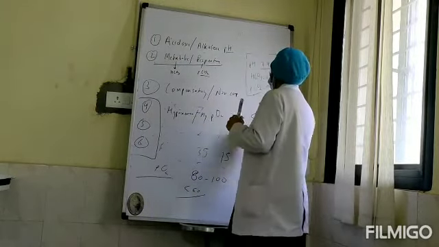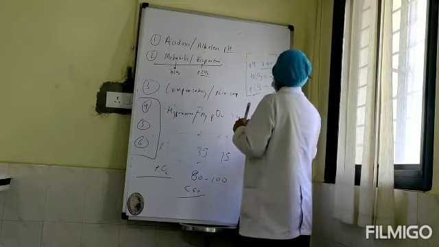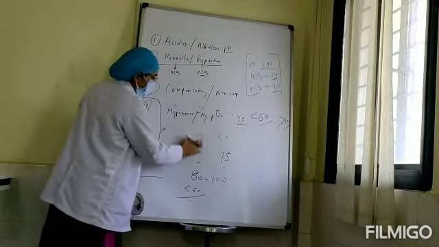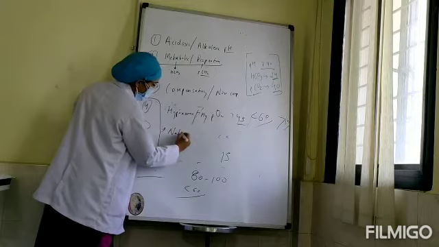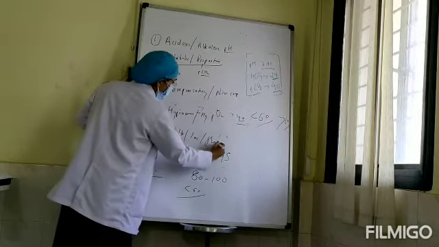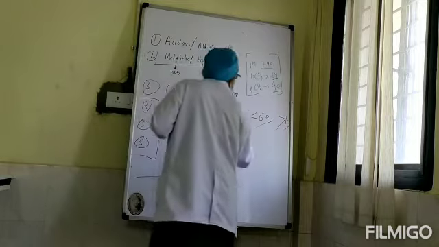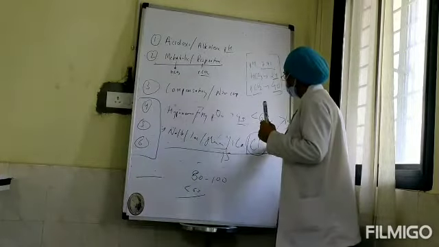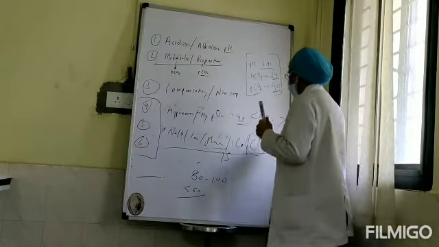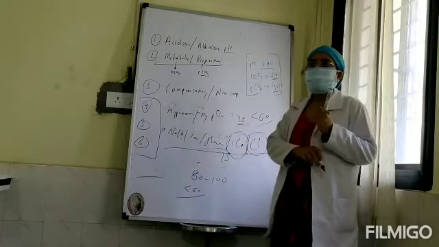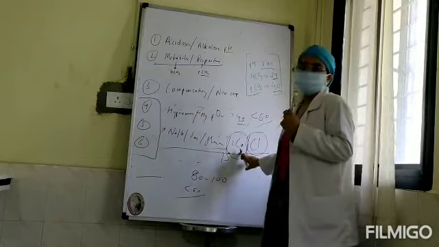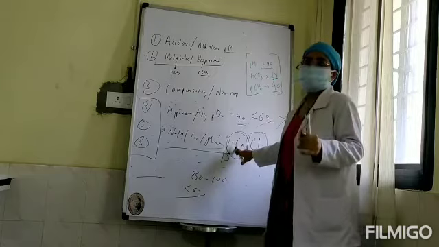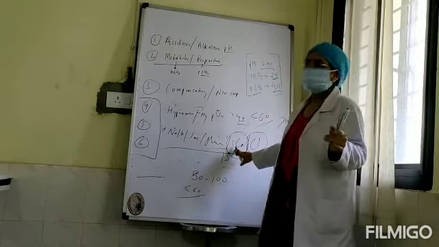So PO2 less than 60 is hypoxemia, and more than 100 is hyperoxemia. Then the fifth thing is, you can also check the electrolytes, lactate, glucose, ionized calcium and chloride. This will help you in calculating the anion gap. It will also tell you about any calcium related issues, because ionized calcium is much better than serum calcium in interpretation. So this tells you the exact calcium value. If ionized calcium is low, we are supposed to add calcium.